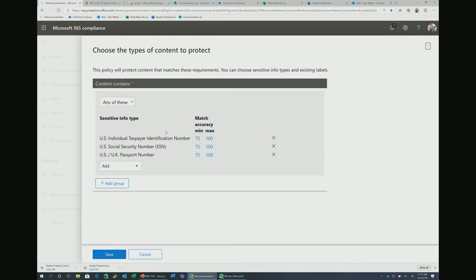If you're seeing a large number of false positives, think about, are you using the right confidence level? Are you not getting the matches that you expect? Maybe you need a lower confidence level, or maybe you need additional corroborative evidence that you want to include in your policy. And right here you can see I have a number of different controls that I can pick from